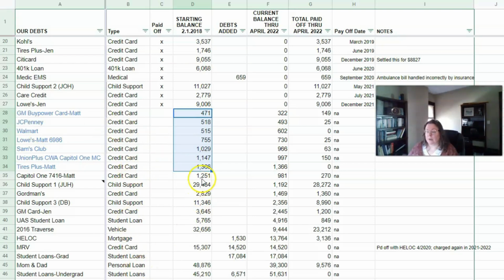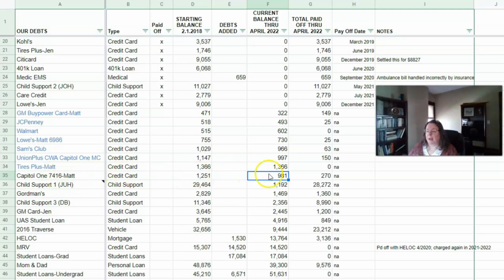Now, the rest of these are the things that we're paying on actively right now. And this first one, and the way I have these sorted right now, and just like with these, it's lowest to highest balance is how I have these sorted. I did the same with our actively paying. So right now, as of the end of April 2022, going into May of 2022, we owe $981 on this